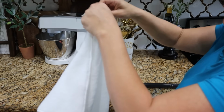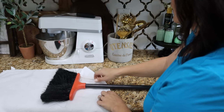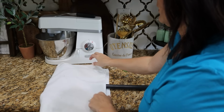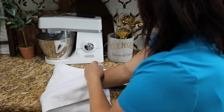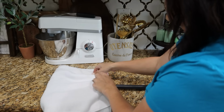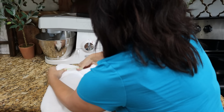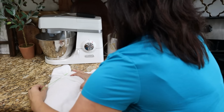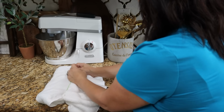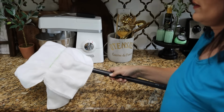So I took my broom, which is looking a little shabby, even though it's kind of a newer broom. I might need a different one. This one was a top seller on Amazon, but I'm not impressed. But having said that, I took my broom and I took that favorite microfiber cloth that I get at the $1.25 Tree and I wrapped it around the broom. And then I took a stretchy elastic band and cinched that around the bottom of the broom